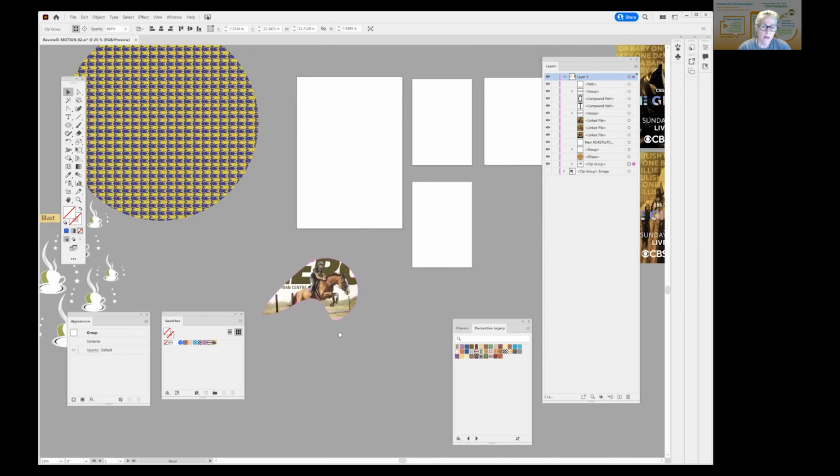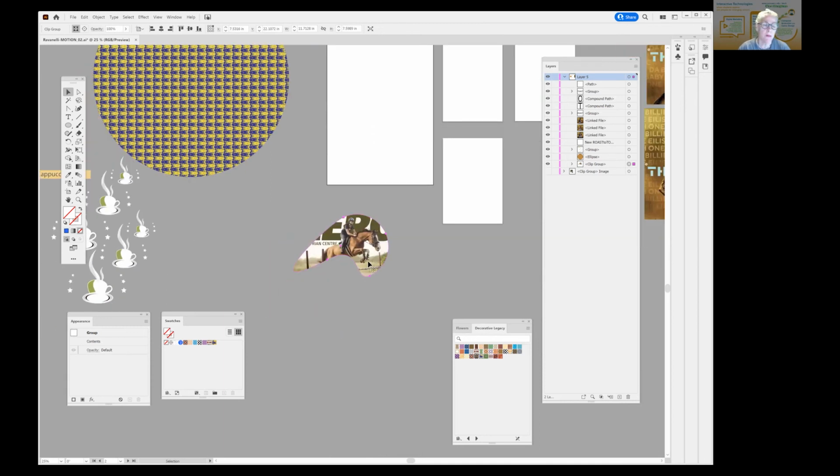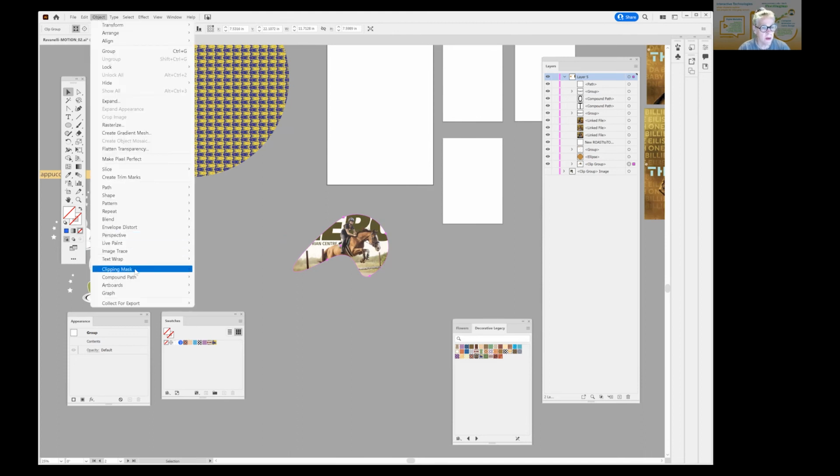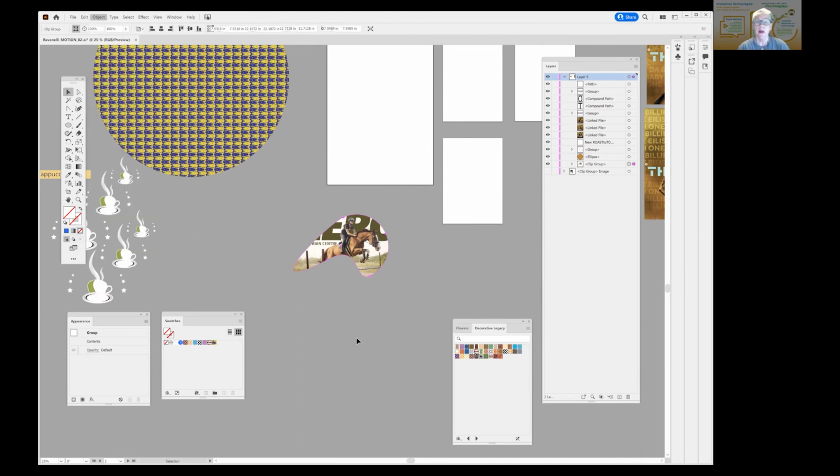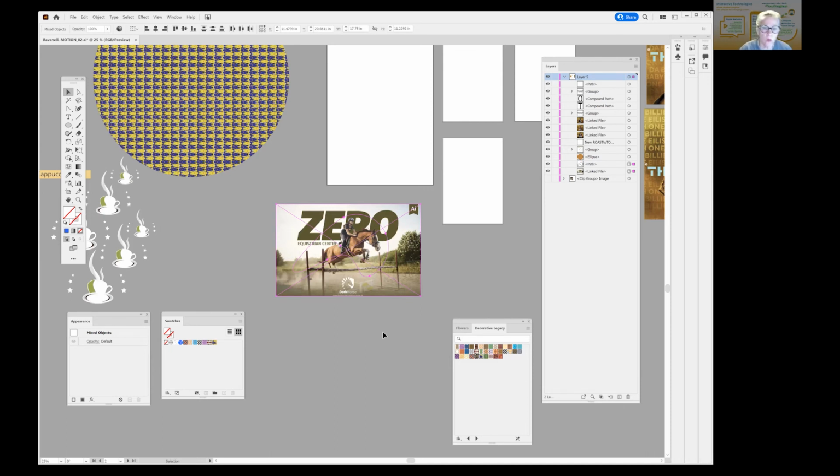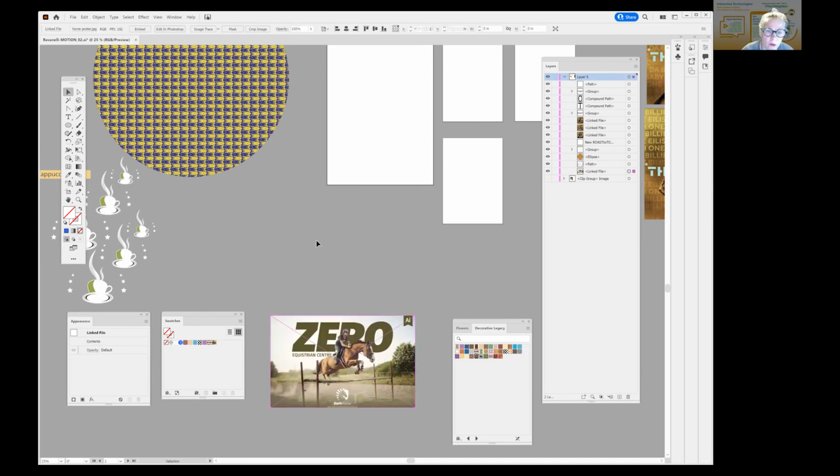So let's just do a little bit on clipping mask. So clipping mask is the opportunity to put an image into a particular shape. So let's step backwards on this. So you can actually do clipping mask release, and that's all it was. So when you look at what I have here,